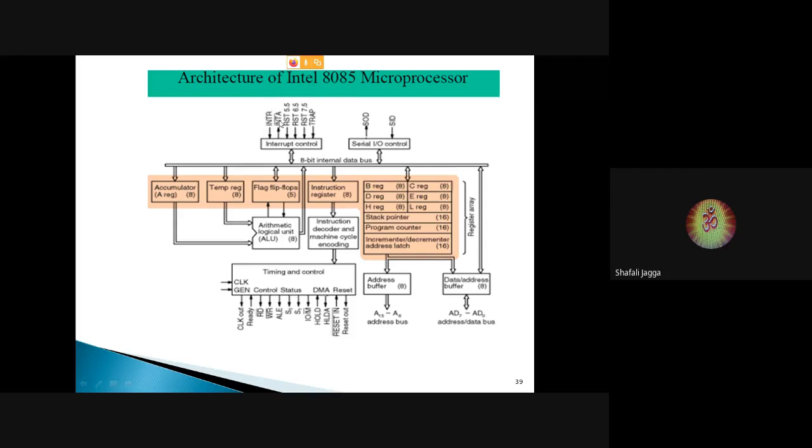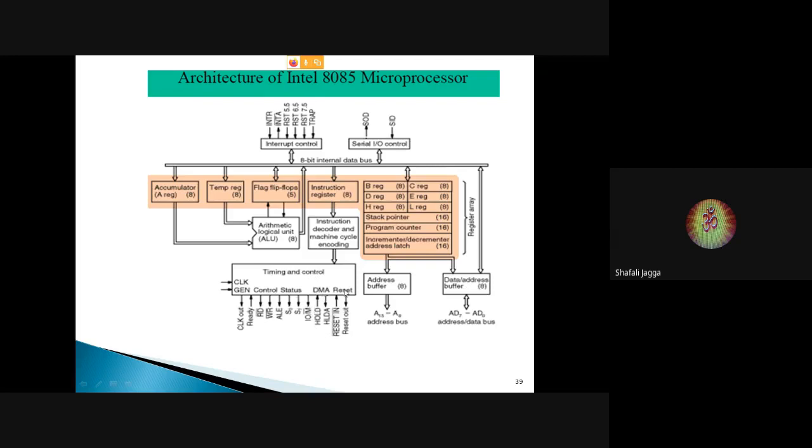As we said, the interrupt acknowledgement signal is generated in response to the INTR request. Similarly, the HLDA acknowledgement will be generated after the hold request. Whenever an external device such as a DMA controller requests the microprocessor to release control over the buses (address bus, data bus, control bus), the 8085 will send an acknowledgement HLDA to that external device that it is ready to release control over the buses. Now these buses can be used by the DMA controller for its own operation.